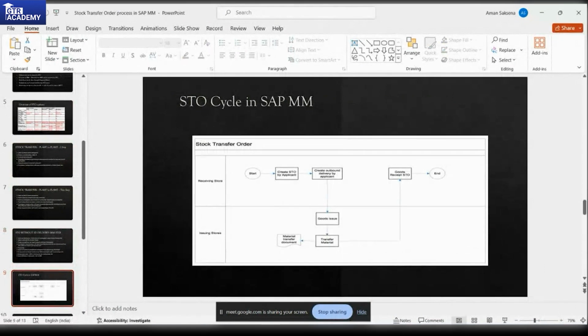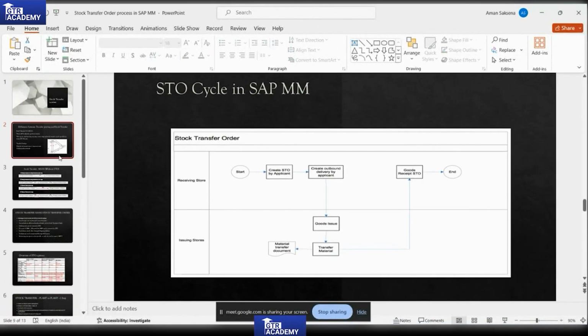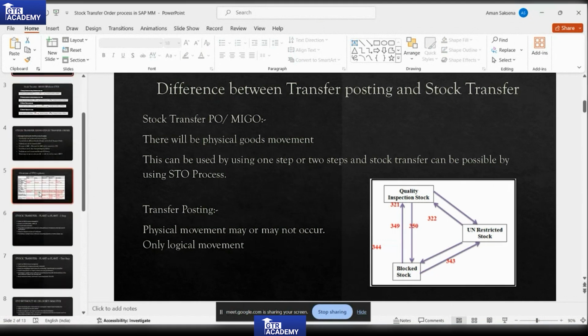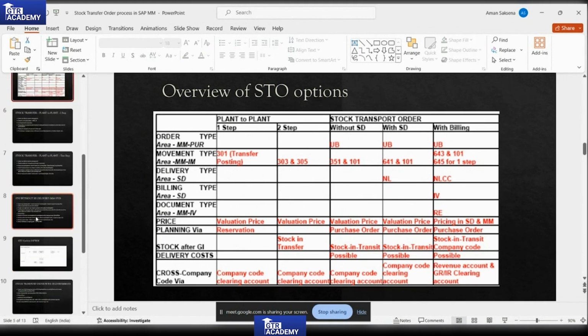In the last session, we saw who will ask for STO. The supplying plant will give us the STO in the SD module. For the document type UB, we'll get 641 movement type against 101, and the document type will be NL. Then we will need to make a purchase order. Then we'll make SD movements. So what is happening with me is,